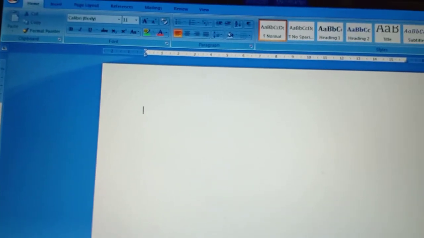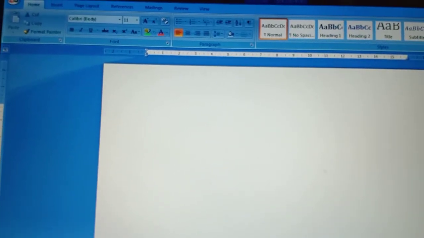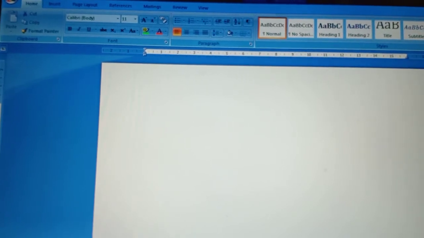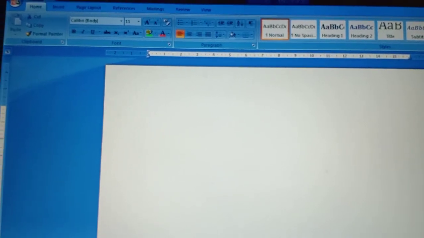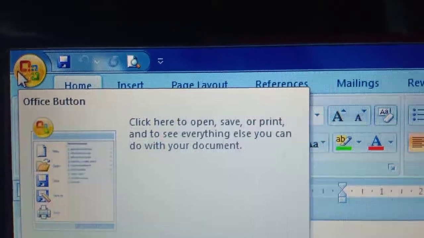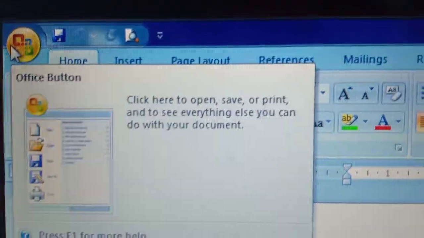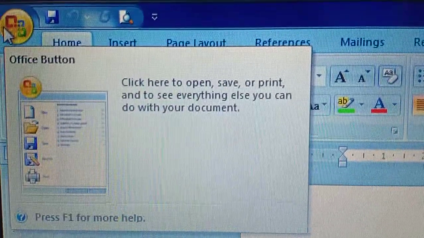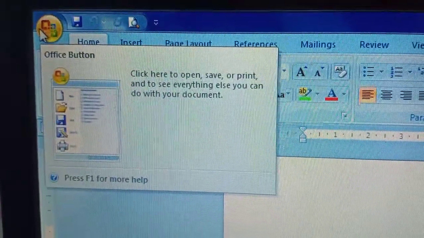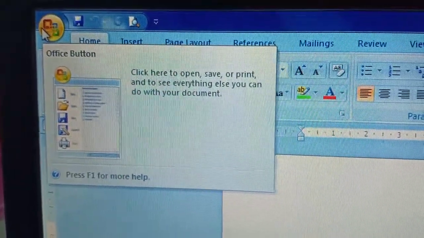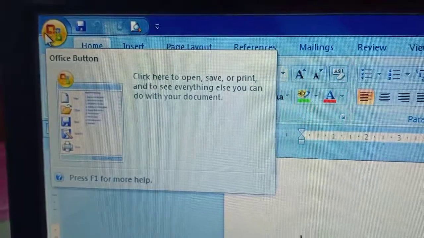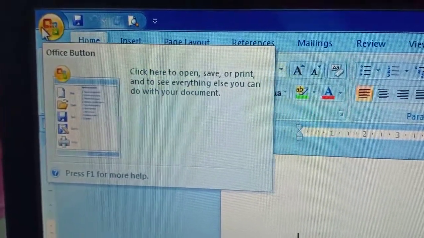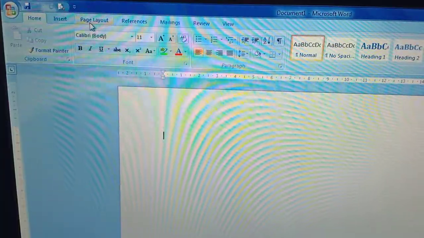So these are the different components of this MS Word application window. This one is the Office button, present at the leftmost corner, top corner of this window.